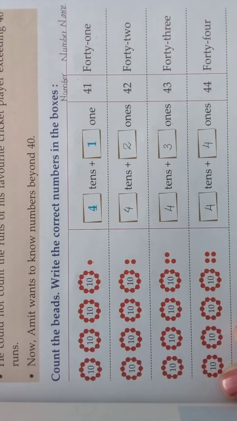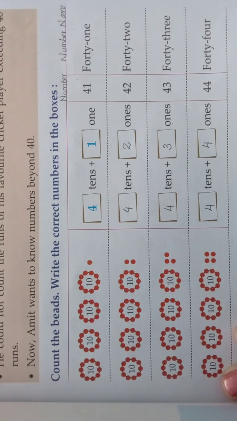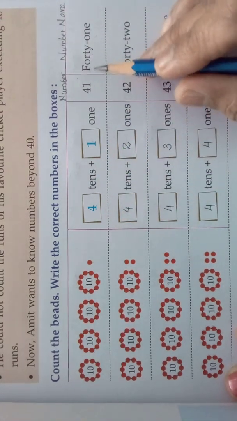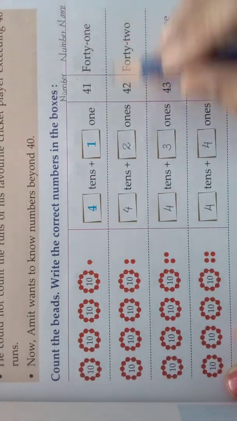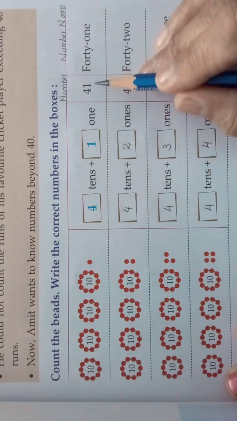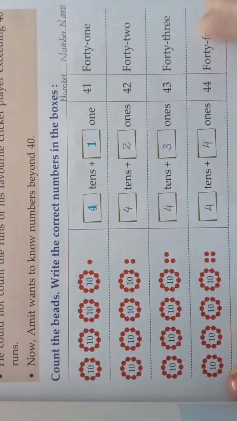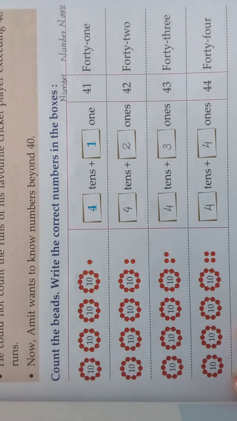Tell them to put a column, and then only you can understand the thing, and this also you write, okay. See, 41: 4 tens plus 1. What is 41? 4 tens plus 1. So, that one also you write, okay. 3 columns you put and you write all these things in your classwork. After that you start the assignment, okay children.